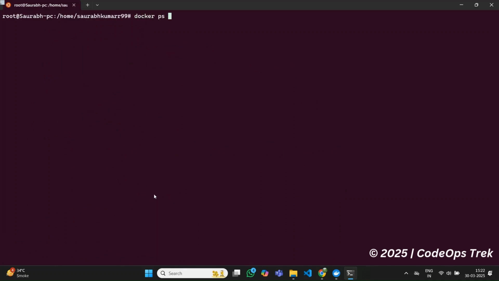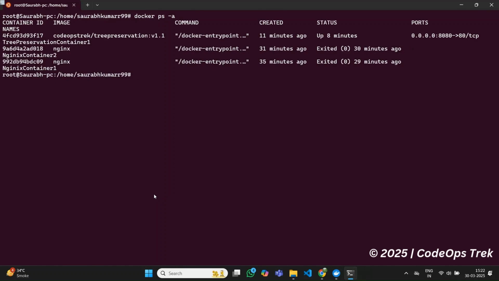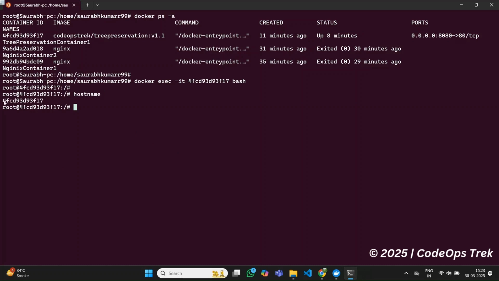Now, let us see the next command, which is docker exec. The docker exec command allows us to access the inside of a running container. To do this, we type docker exec in the interactive mode, container ID bash, which opens a terminal session inside the container. Once inside, we can check the hostname by running the hostname command, which returns the container ID as